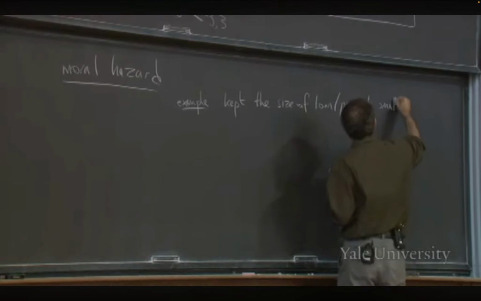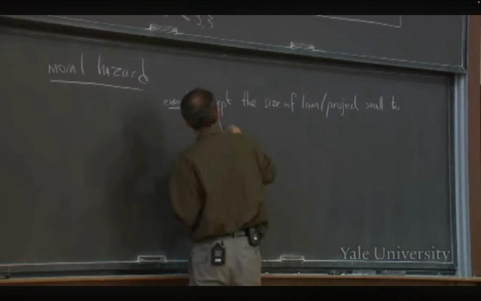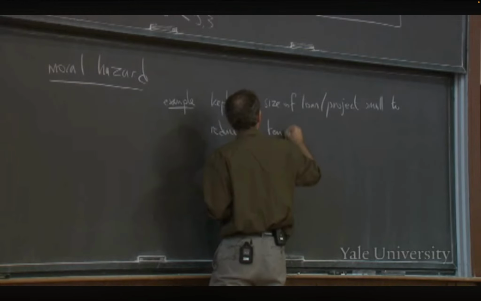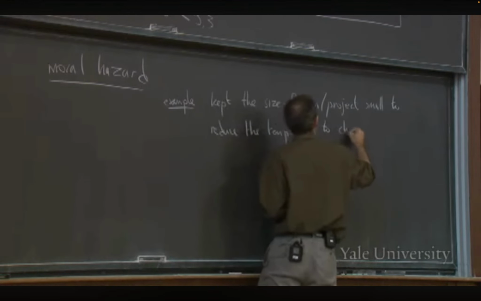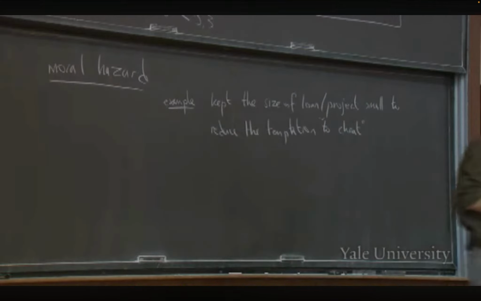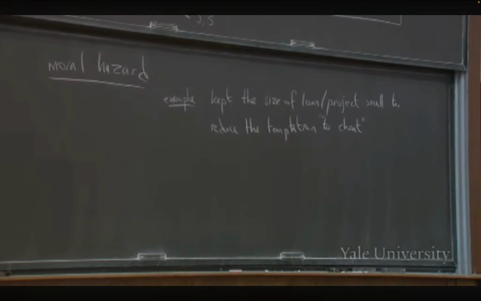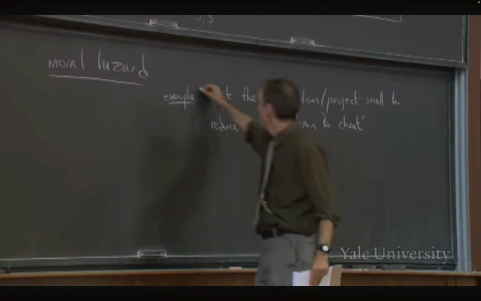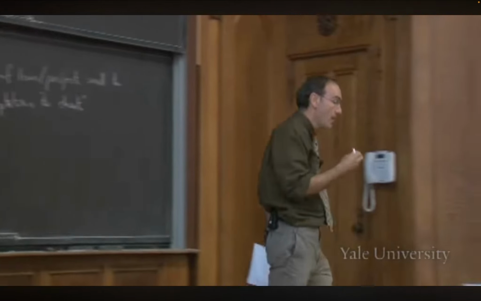We kept it small to reduce the temptation to cheat, to reduce that temptation not to repay the loan. All right. So these problems are all over society, but they're particularly prevalent in situations involving lenders and